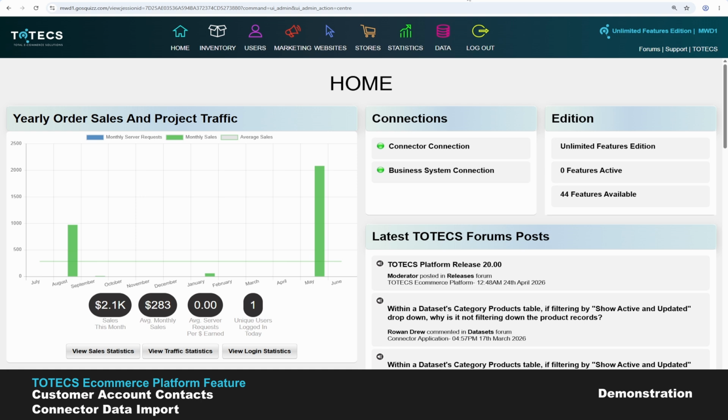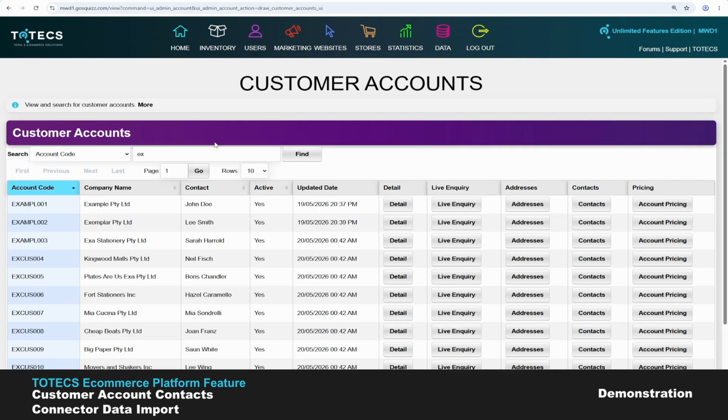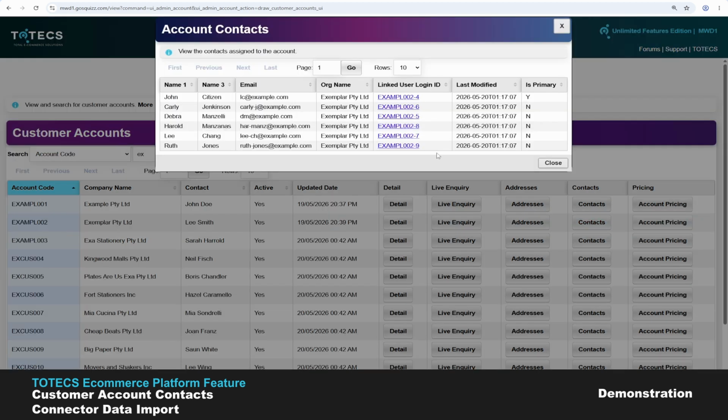To see how this works within the demonstration project we have here on the TOTECS e-commerce platform, if we click into the users navigation menu and then click on customer accounts, within the customer accounts interface, there's now an additional column that exists for each customer account called contacts. If we click on the contacts button, this will now show a list of contact records representing people associated with